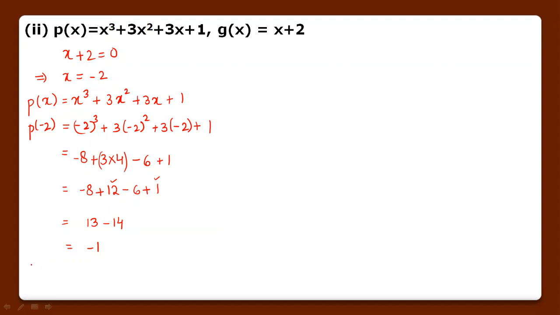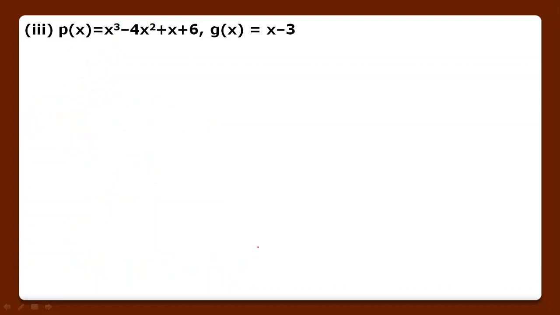So we can write, हमारा आंसर 0 नहीं आया. No, gx is not a factor of px in this way. Now we'll see the third part. Px is equals to this and gx is x minus 3. X minus 3 will be equals to 0, implies we'll get value of x